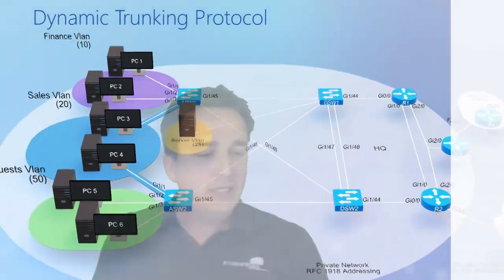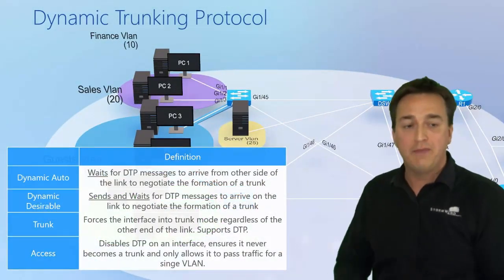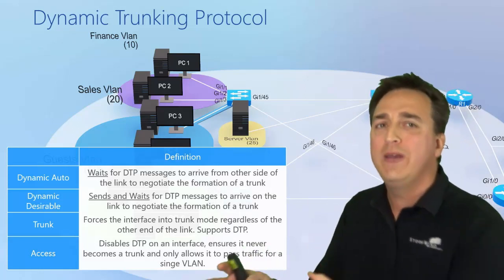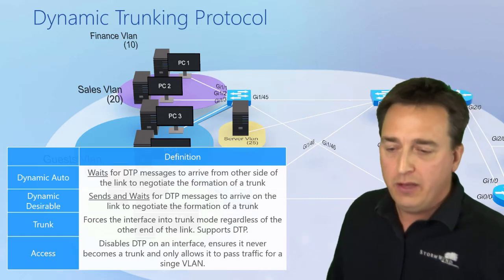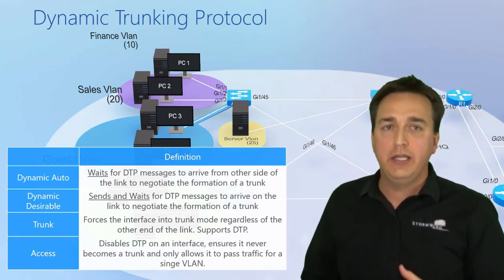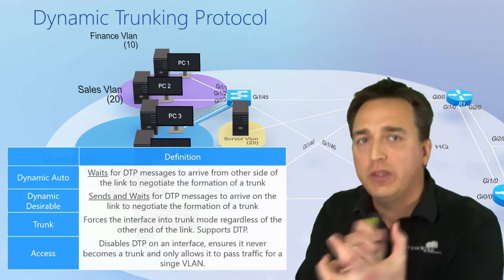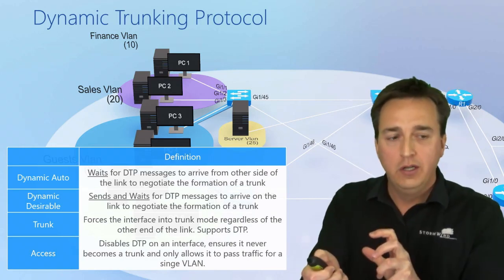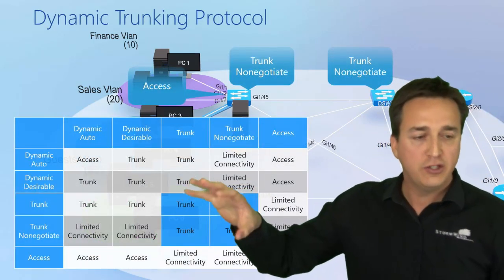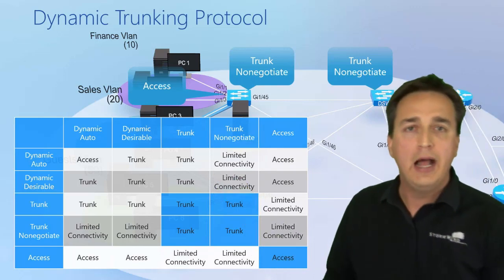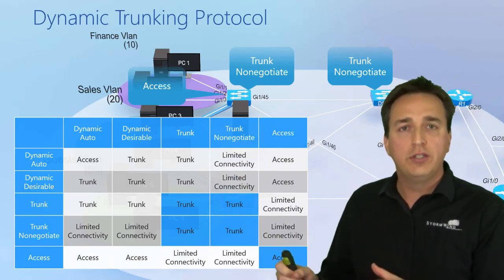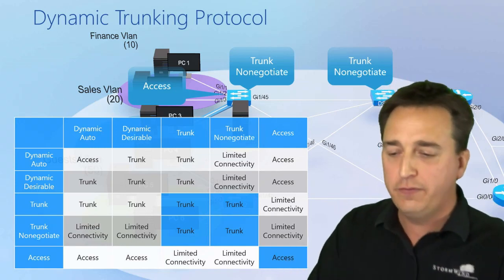The thing about DTP is that there's different options when it comes to DTP. We have dynamic auto, we have dynamic desirable, we have trunk that can run with DTP and without DTP. And then we simply just have access. Knowing the difference between these and how they interact with each other is critical. So I have put together this chart that we cover in our live sessions and our recorded sessions, but this chart here is going to help you identify what is the result of any type of misconfiguration